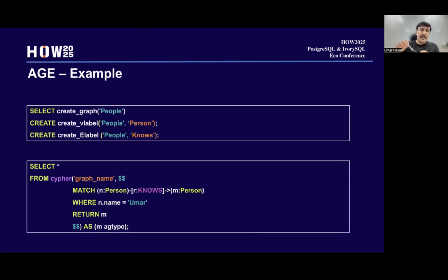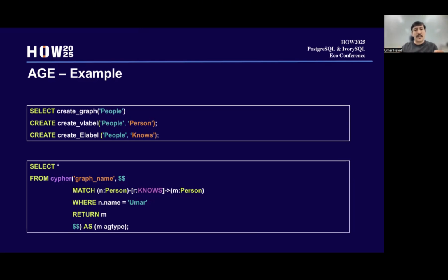So what AGE does is provide multiple functions, and all the Cypher queries are also executed like a user defined function. To create a graph, you just call the function create_graph with the name people. And if you want to create labels, your vertex label or edge label, you can create them using functions like create_vlabel or create_elabel.